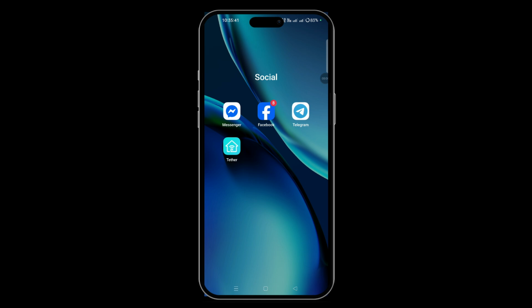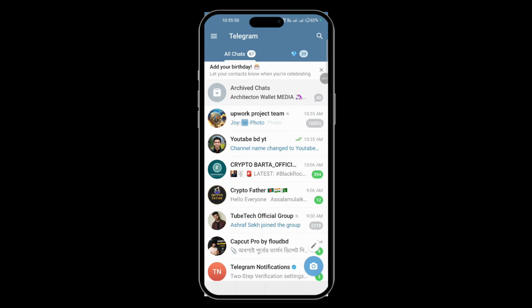In today's video, I'm going to show you how to add an admin on a Telegram channel. You are admin right now. If you want to add another admin on your Telegram channel, so first thing, I open on here,